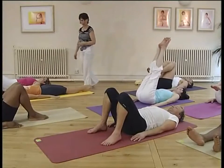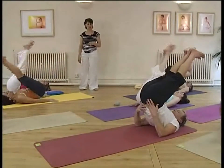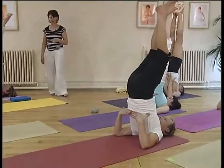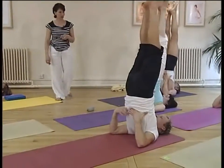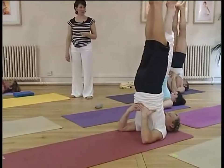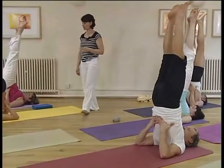Otherwise, bend your knees. Okay, so when you're ready, press down and inhale to come up, lifting the hips and supporting the spine. For those of you unable to do this, you can do this up against the wall. Okay, good. Let's just settle our minds and just remind ourselves